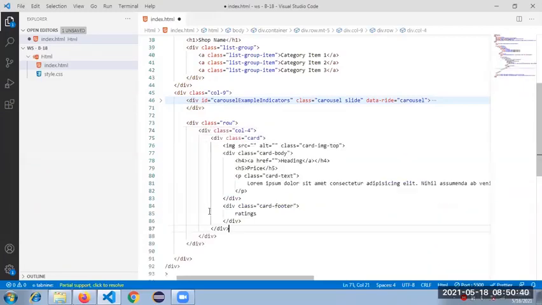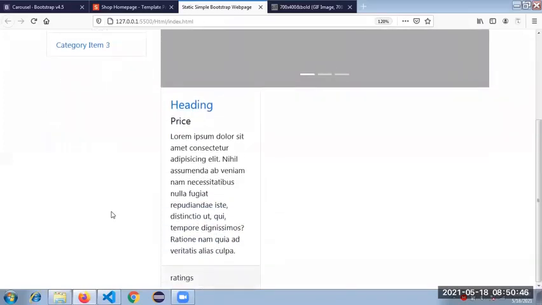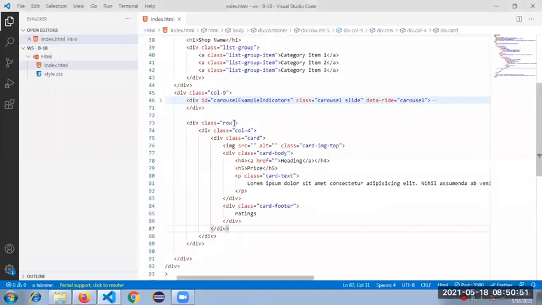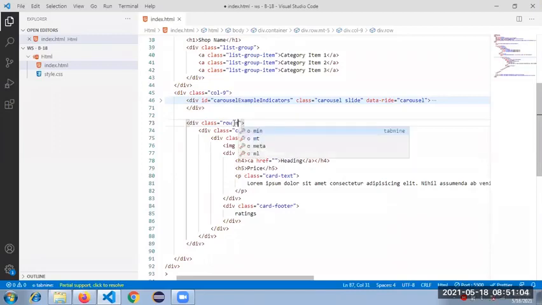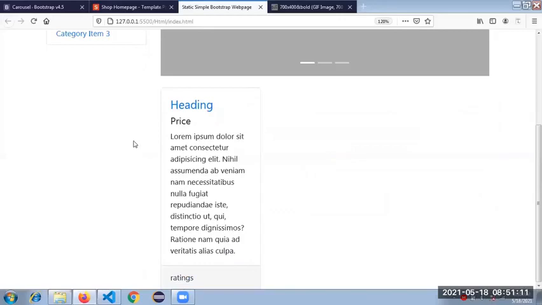Instead of that, I'm pasting this. Okay. We got something like this. So for the space, here also we will give some margin top. Yeah, we got something like this.